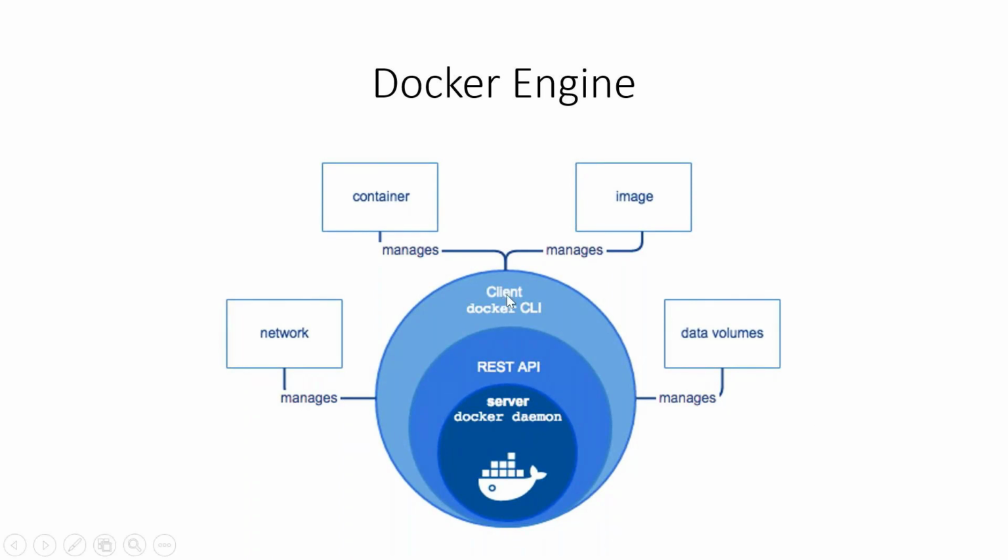So this is how it looks. We have a Docker client, and it interacts with the Docker daemon using a REST API. This Docker daemon, or engine, is going to act like a heart. It will control your network, it will control the images, it will control the containers, and it will also manage the volumes, right?